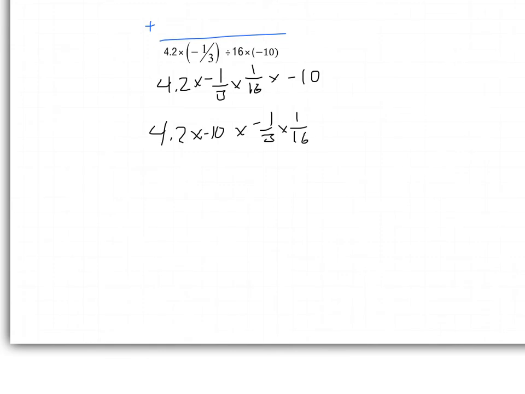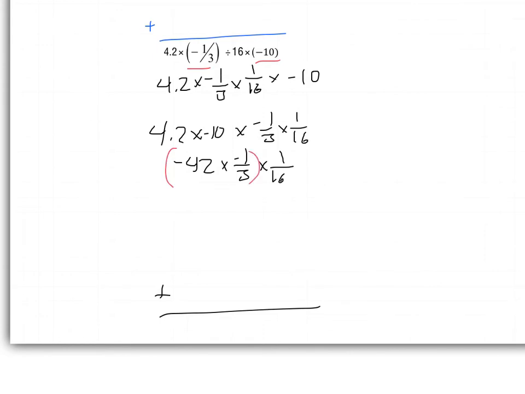Just thinking through this, I also see that I have an even number of negatives, so I know when I get to my answer down here, it's going to be positive. So multiplying these two together, this multiplication is really easy. Just move the decimal: -42 times -1 over 3 times 1 over 16. This is a nice one for me to go ahead and do